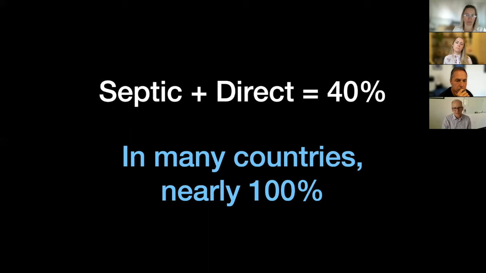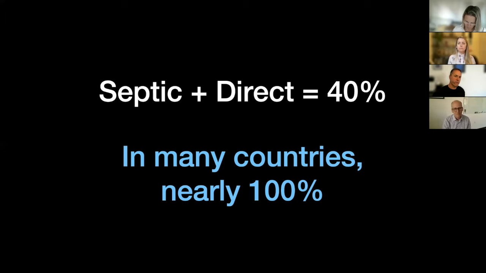As those results showed and began to hint at, septic and direct input is a really big part of what's happening on the planet. And globally, about 40% of wastewater nitrogen comes from those two sources. The other 60% is on sewage systems. So in order to get a handle on wastewater, you really have to be thinking about strategies to deal with septic and direct